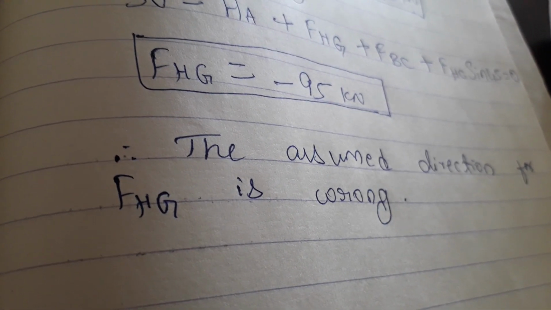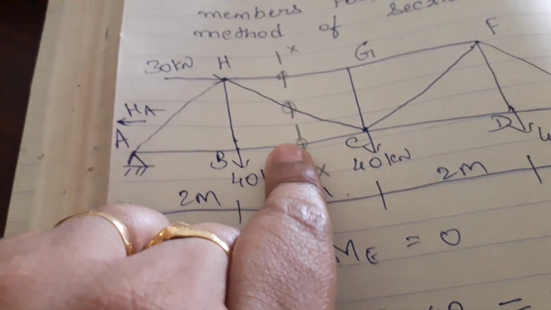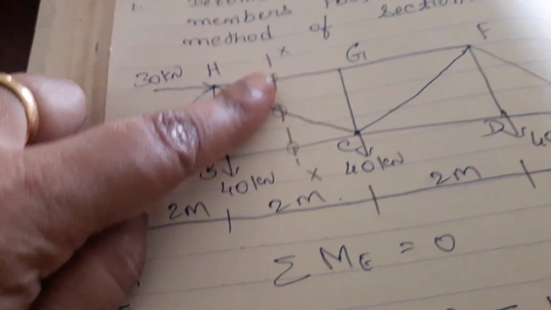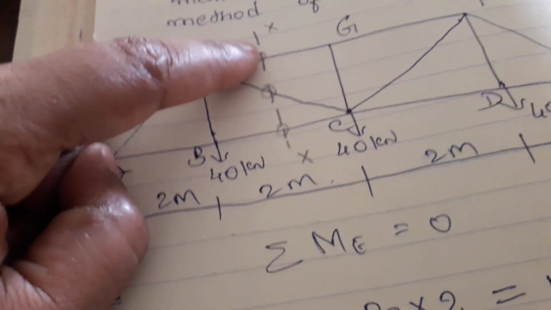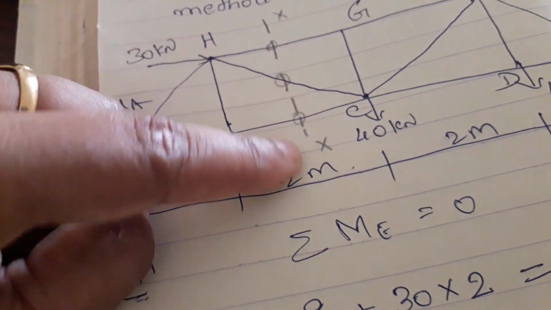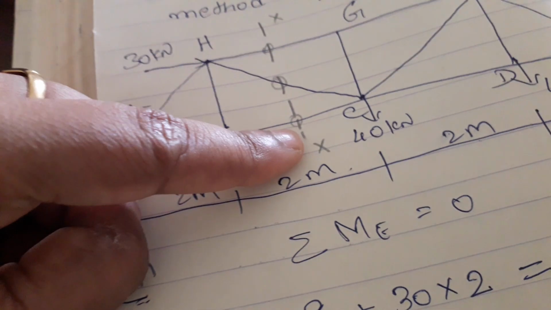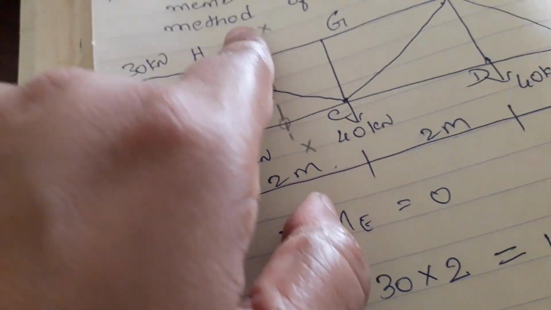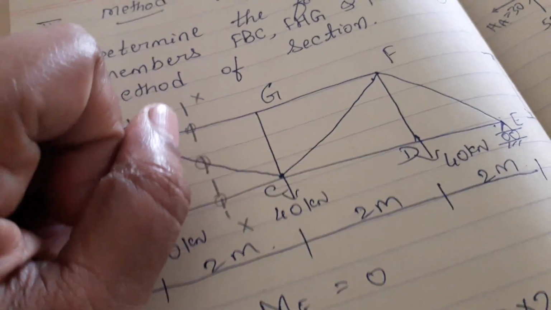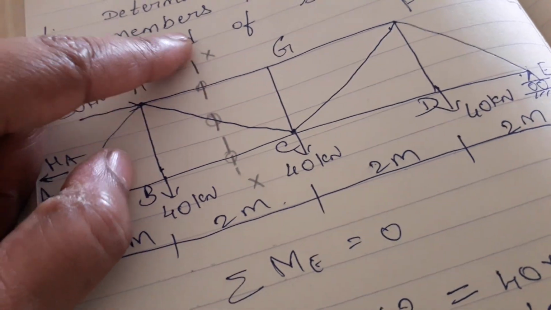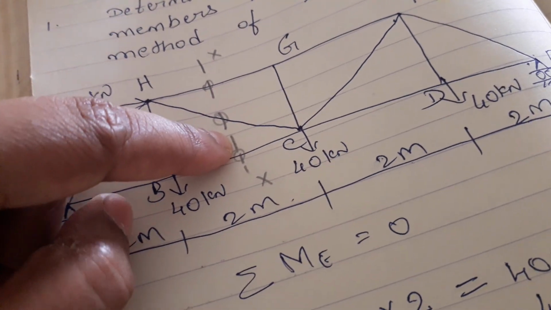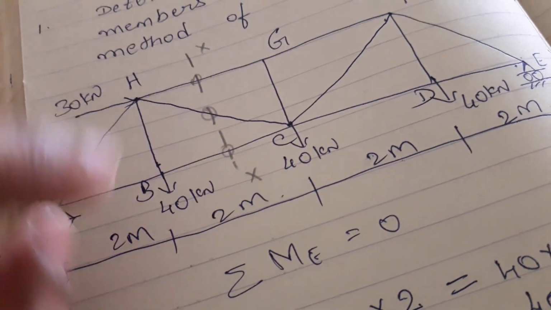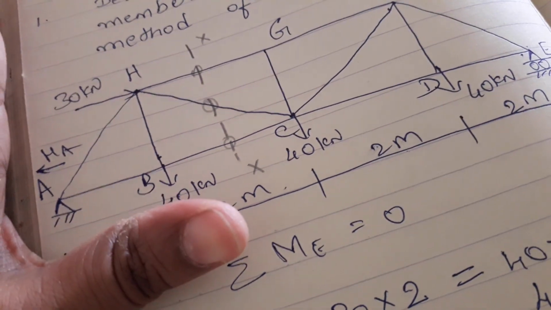Okay, so this is how you have to do it in the method of sections. When they ask for particular members, you have to take the section so that it passes through those members. Sometimes you may not get it by only one section. So first you take one section, solve, and next you take one more section based on the member forces which you have to determine. In this particular problem, they come in a single line. And we have to remember one thing, that while taking the section, it has to pass through a maximum of 3 members only, not more than that. It cannot pass through 4 members.